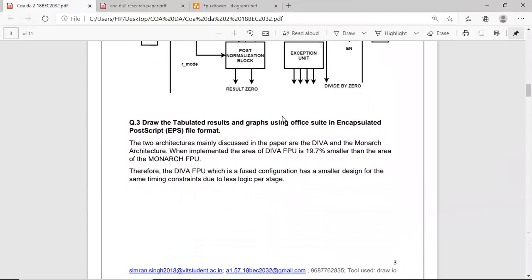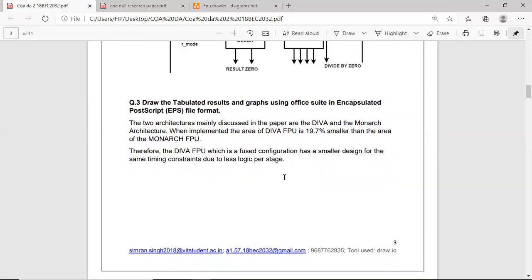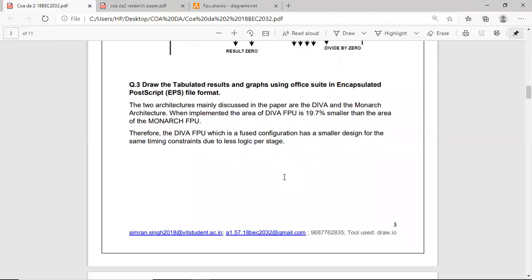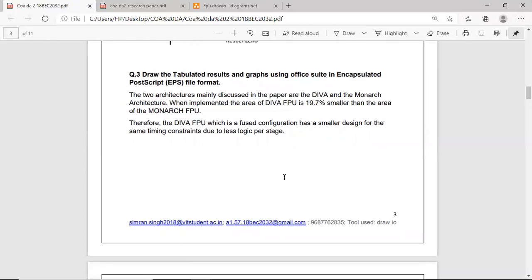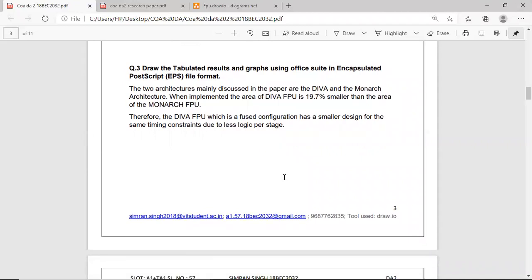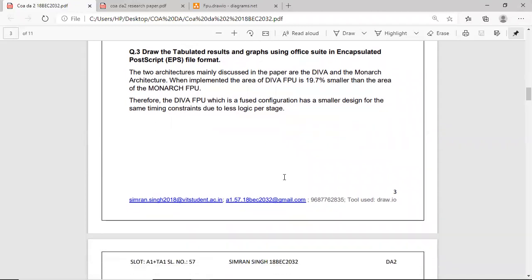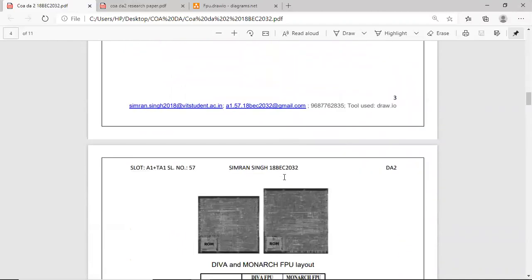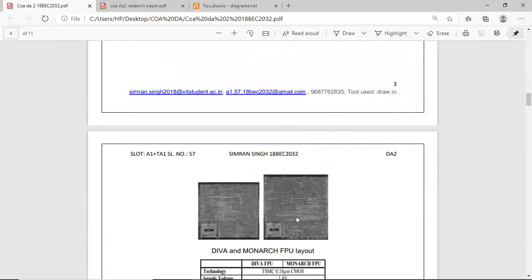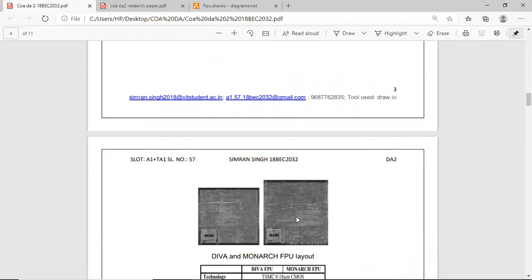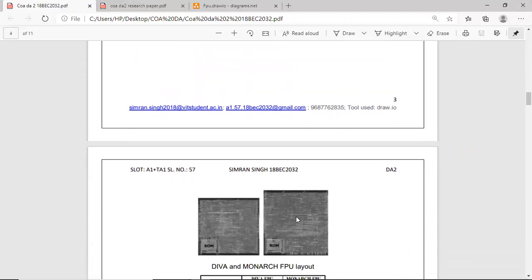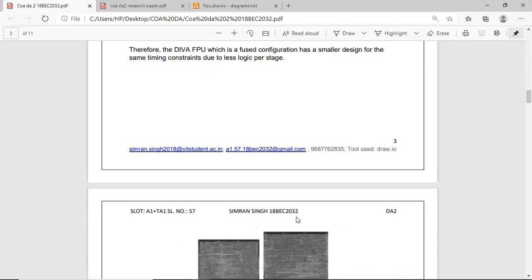The next question asks us to tabulate the results and the graphs obtained due to these architectures. The two basic architectures mainly discussed in the paper are the DIVA and the Monarch architecture. Further, the area implementation of these architectures can be seen in the given diagram. It can be seen that DIVA has a smaller design for the same time constraint used due to less logic